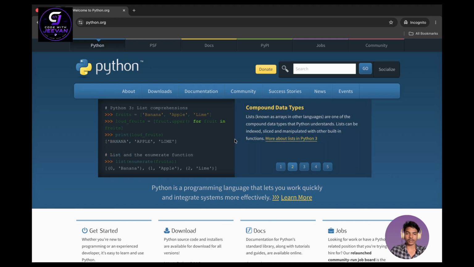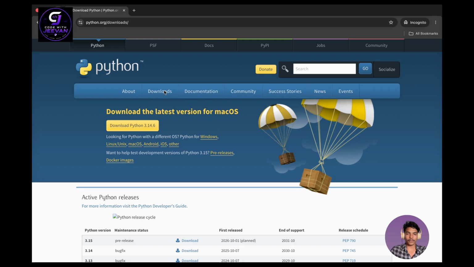So here we have to go into this. After clicking on it, the website will show you, according to your operating system, which type of installer you need to download. Mine is Mac OS, and it is showing me the latest version of Python for Mac OS. After looking into this, we have to download this Python file directly. After downloading this, I will show you what the interface of the Python environment looks like. So let's get into that.